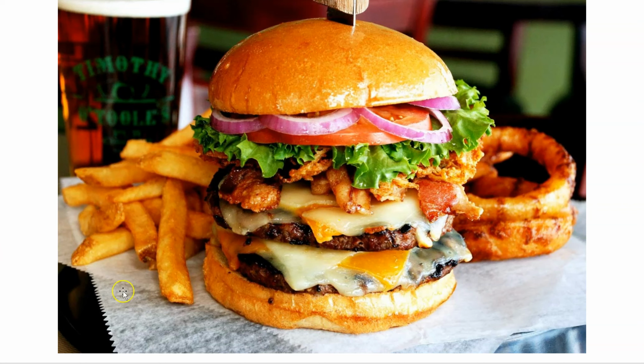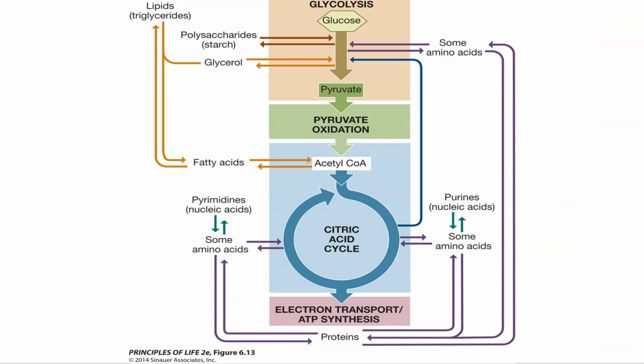But nonetheless, if you eat this, is only the glucose used for food, or are other things used for food? And of course, the other things are used as well. So here's where it can all enter in. This is what's important: understanding how people do not perish. How do they keep making enough ATP if they're not eating carbohydrates? Well, because the intermediates can go into a lot of different ways.